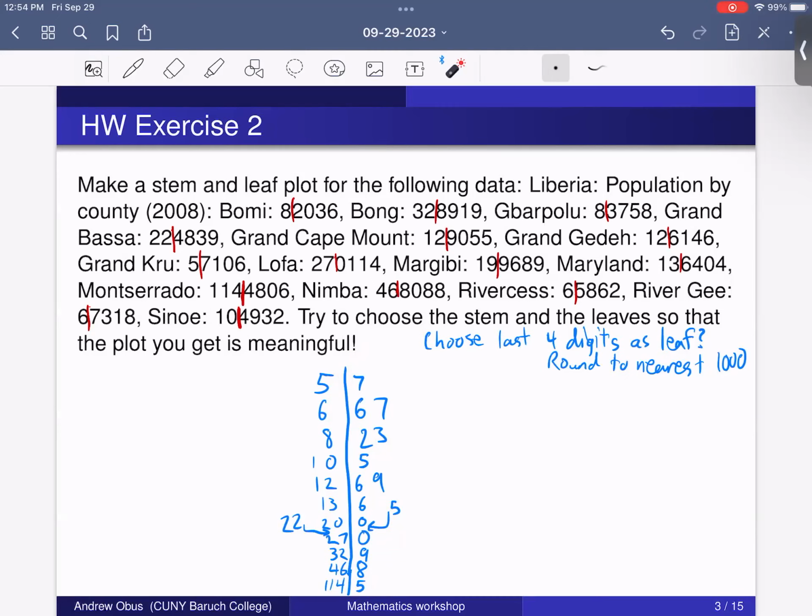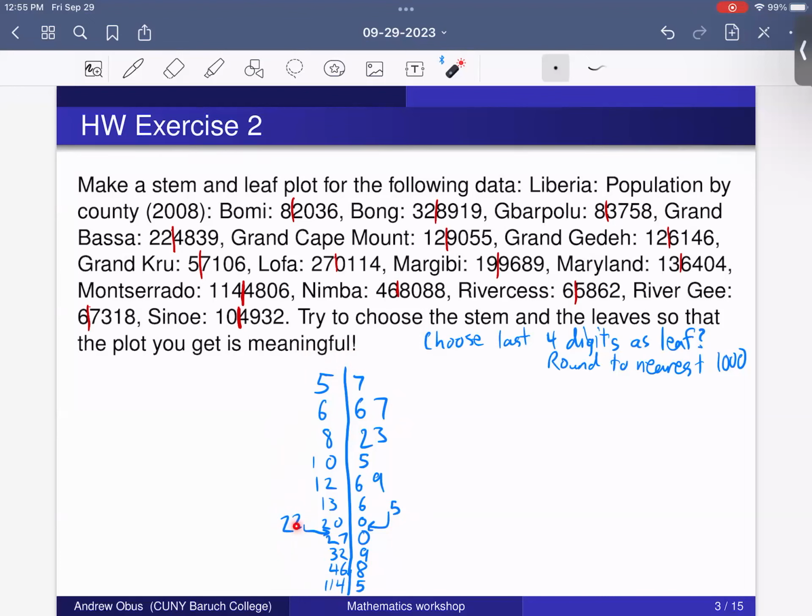If you read the numbers, then you can read things off. But you could have read it just from the population originally. You can see kind of how many tens of thousands each county has: 5, 6, 8, 10, 12, 13, 20, 22, 27, 32, 46. But just this shape over here is just not very insightful. It's not telling you very much about the clustering. So this is not wrong, but I would say this is not how I would choose my stem and my